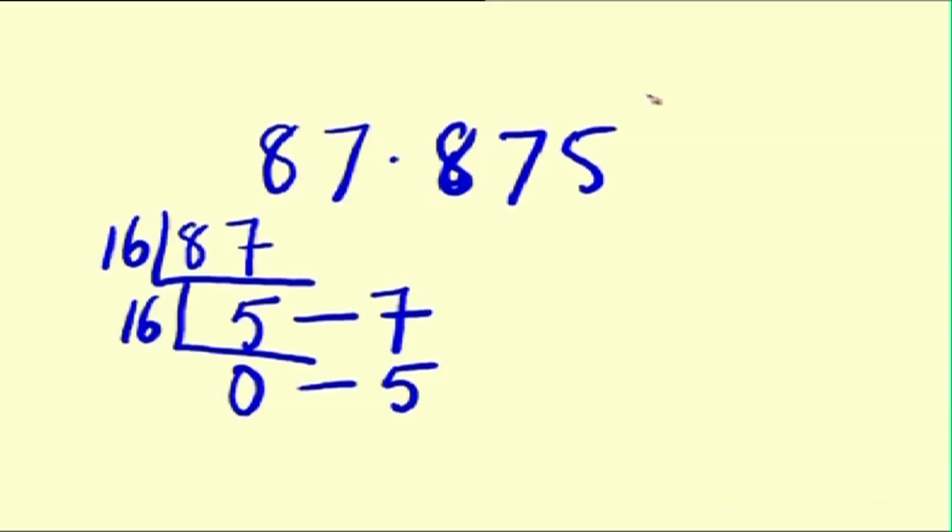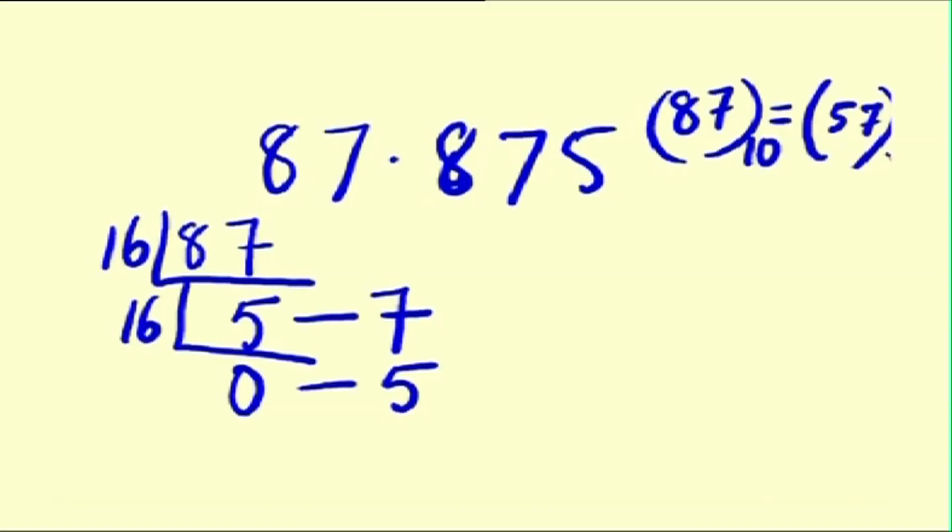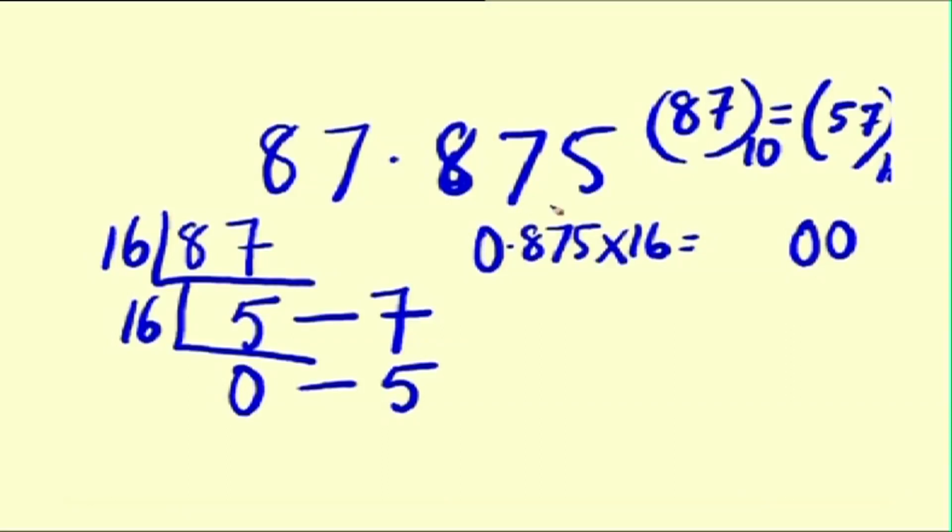So, the equivalent of 87 in hexadecimal is 57, because this is the most significant bit and this is the least significant bit. Likewise, now I have to take this number .875 and multiply by 16. What do I get now? I will get 80, carry 8, and 7 16s are 112, 112 plus 8 will be again 120, carry 12,